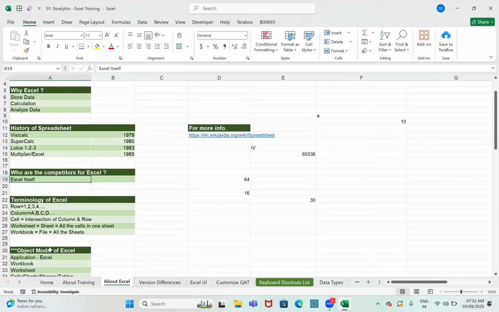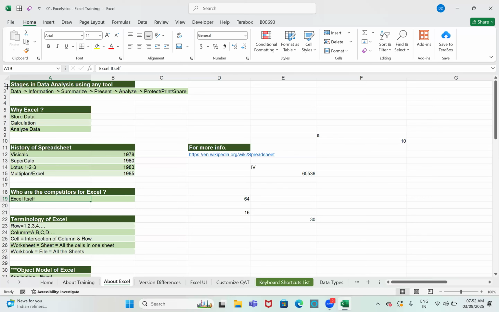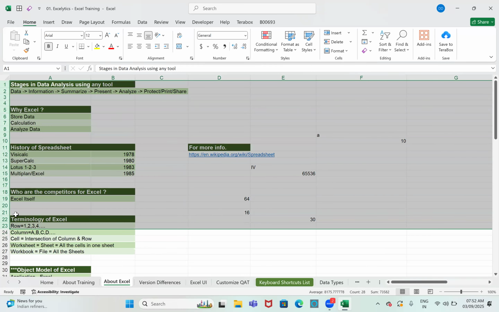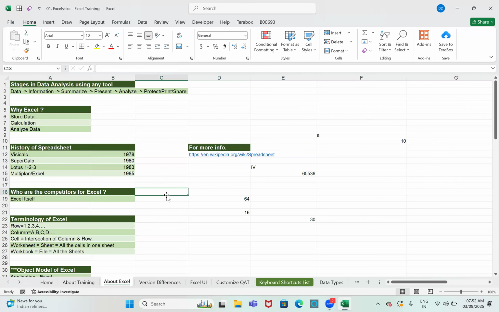And what are the rows and columns? These horizontal ones are called rows: 1, 2, 3, 4. How many rows you have in one sheet? 10 lakhs 48,576. And number of columns, 16,384. So instead of column numbers, we call them with column names. A is nothing but column 1, B is 2, like that.